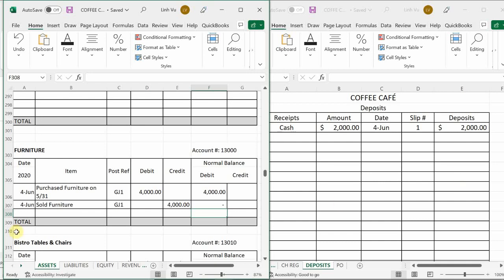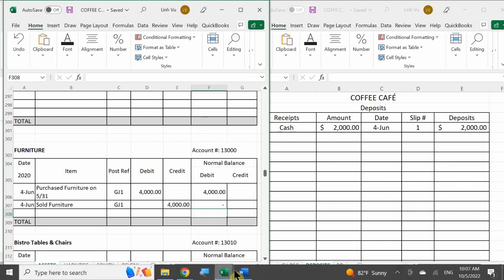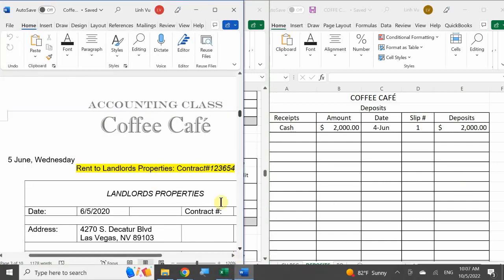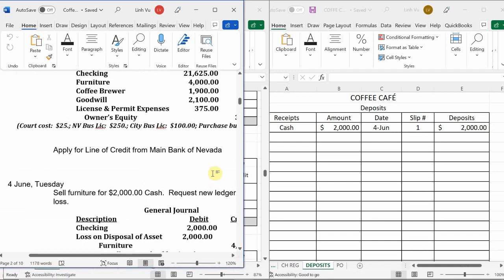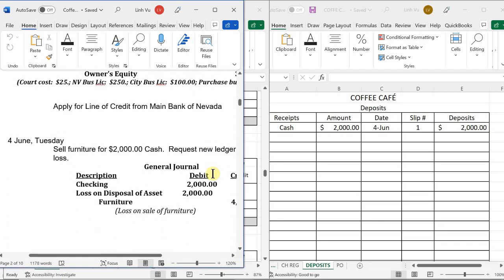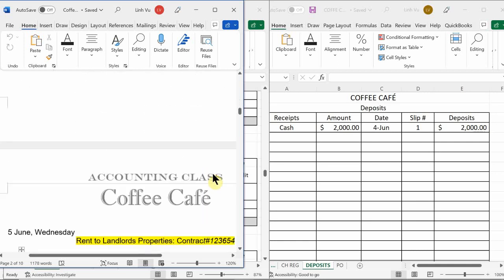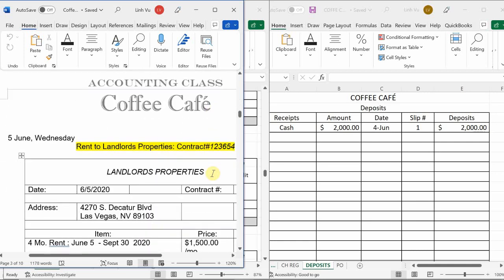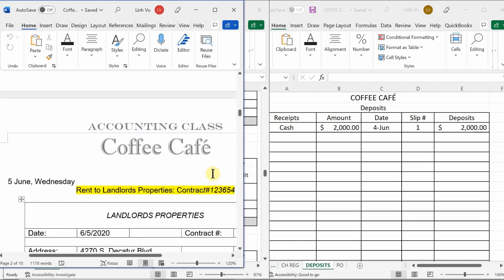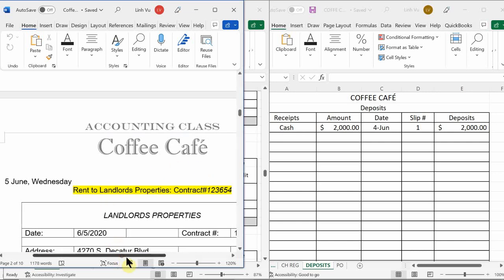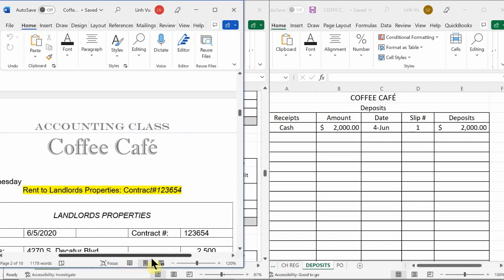All right. So now that we finished our last previous transaction, we sold our furniture and deposited the money into our bank account. Now we are moving on to the next transaction, where we end up paying rent to landlord's properties. Here's the contract number